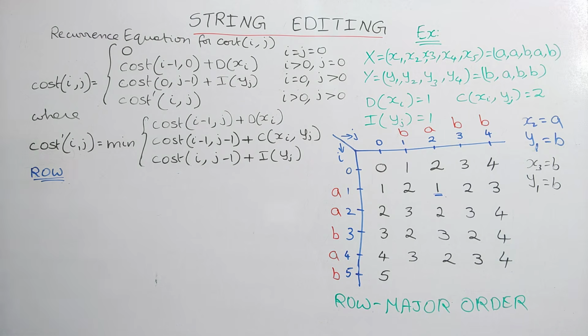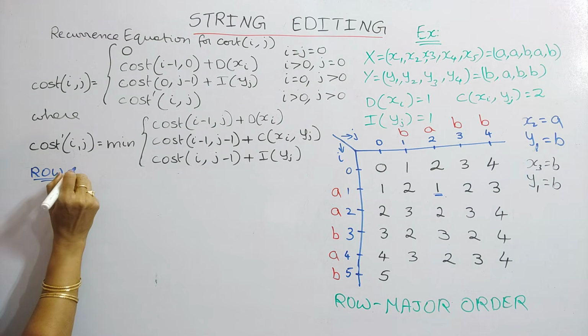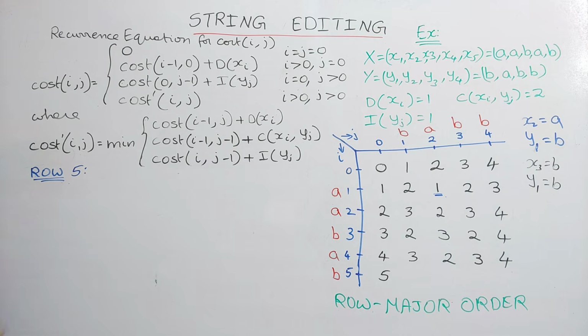Similarly, now you have to compute for row 5. So for row 5,